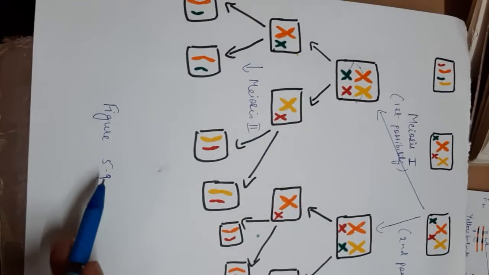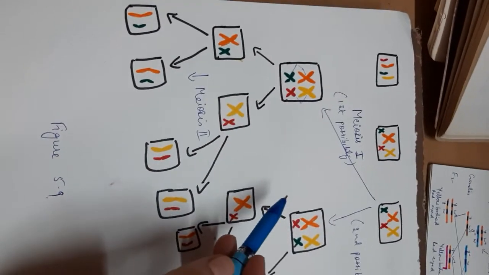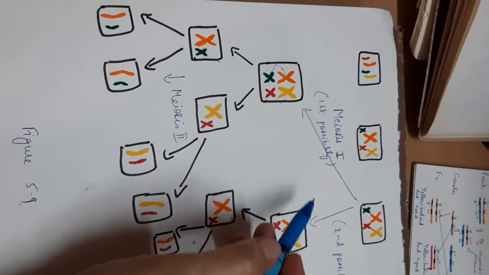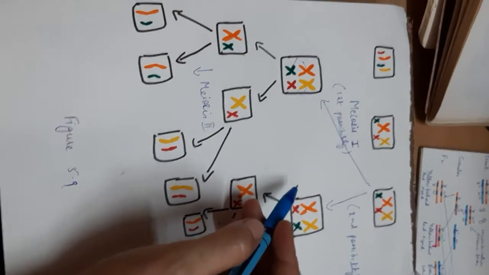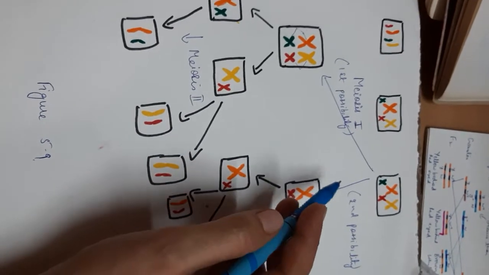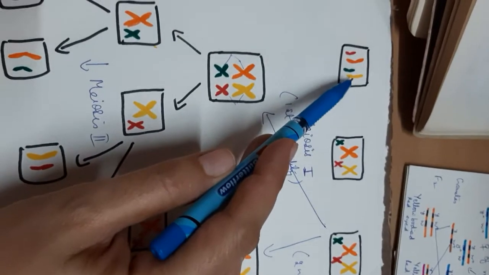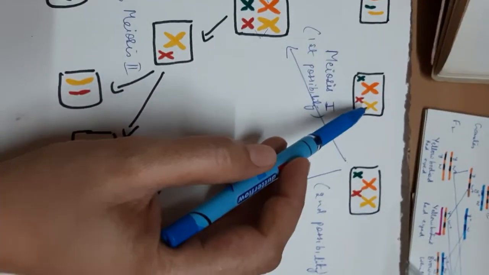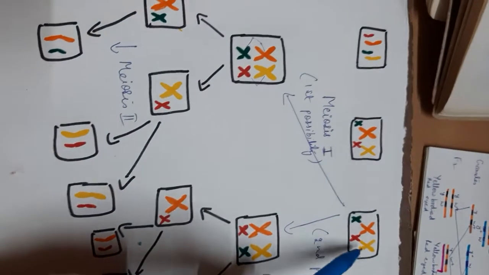Okay, then next is figure 5.9. This figure is again about meiosis, but basically this figure is representing independent assortment of chromosomes, right? So this is again the law of Mendel, right? So it is our initial parent cell. During S stage, DNA replication will take place, okay? Then this is a G2 stage, okay?